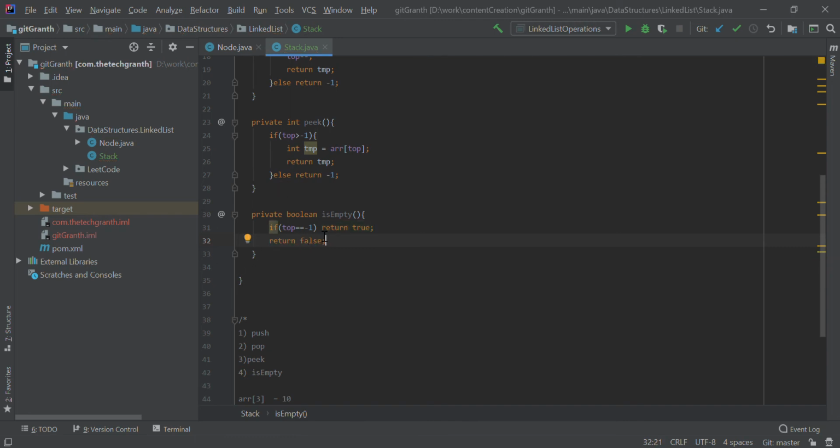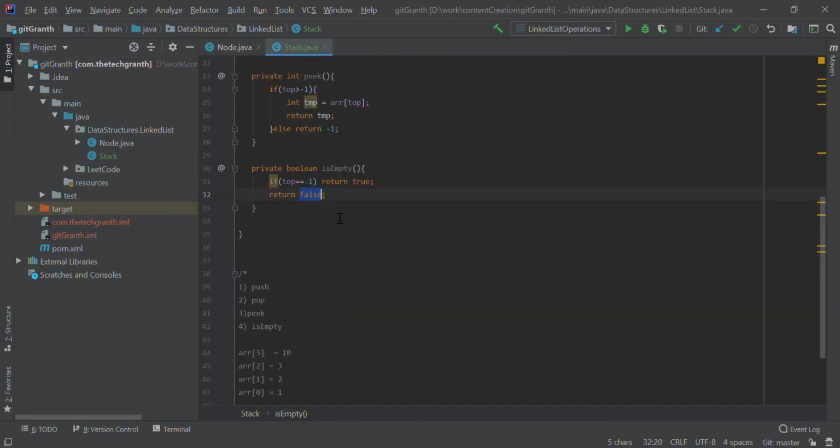So if the value is -1, it means it's empty, so you return true from here. If the value is not equal to -1, then it means we have something in the top, and you return false from here. So that is how isEmpty will work. It's a very straightforward implementation.